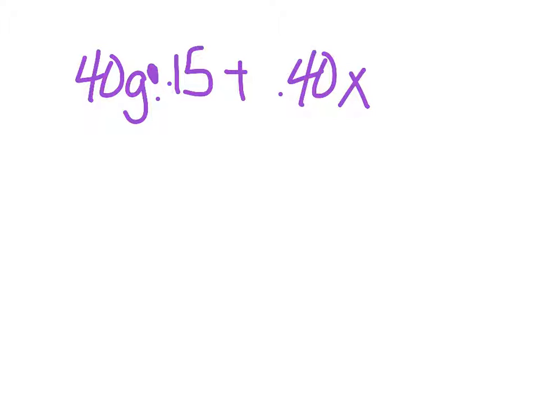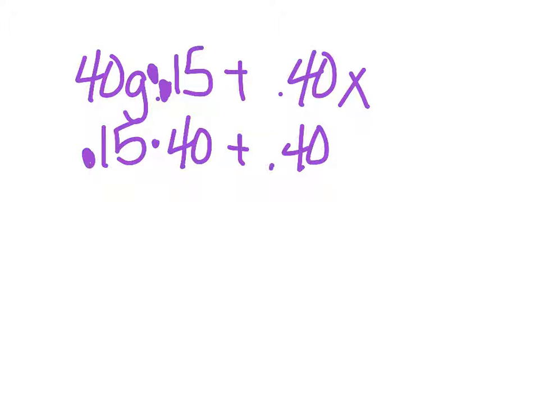So let's see, 40 gallons of the 0.15 and some number of the 0.40. Now, to make everything look right, I should make all the decimals in front. So 0.15 times the 40 gallons, and it's going to add that to the 0.40 of something. And they want to end up with 20%,